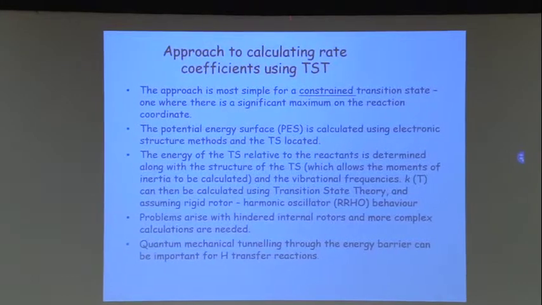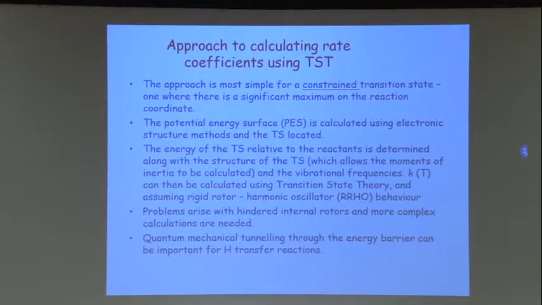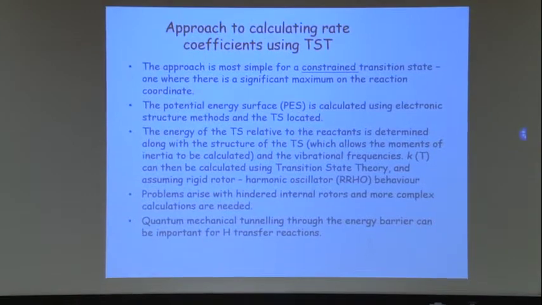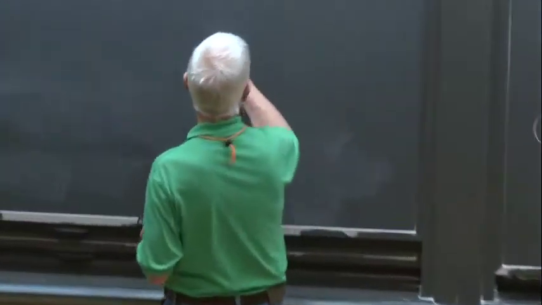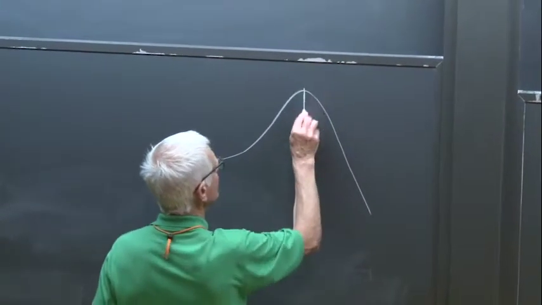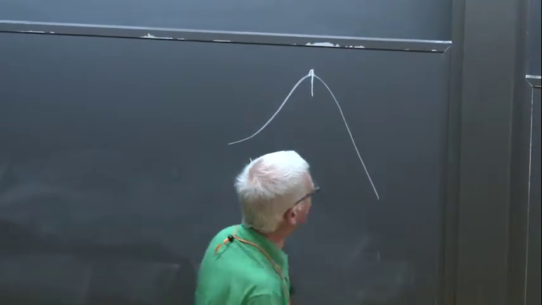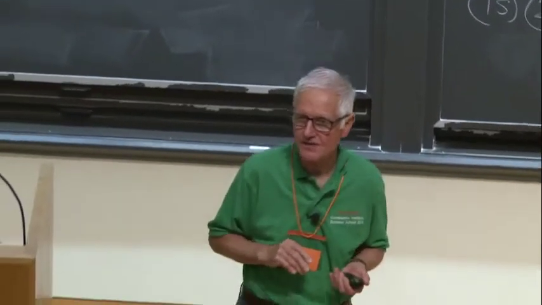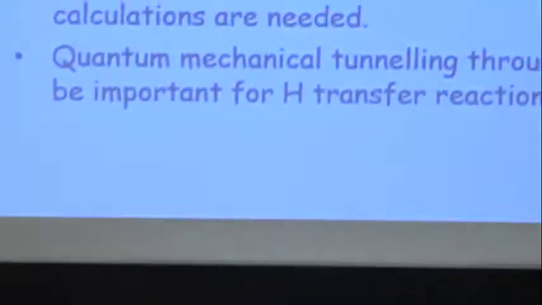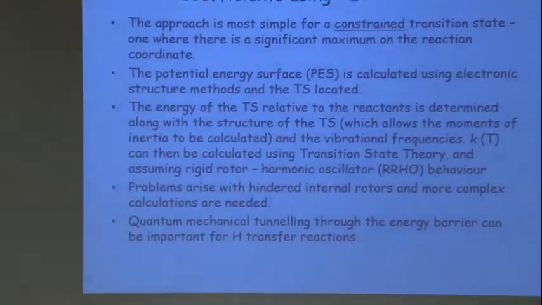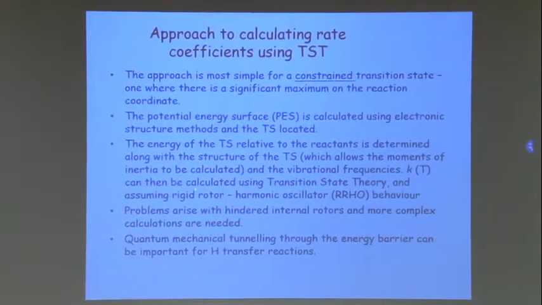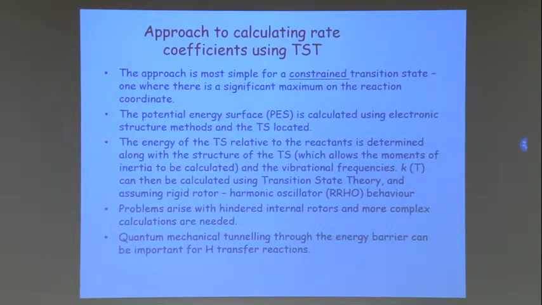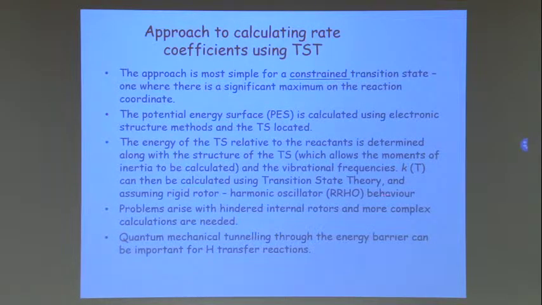Approach to calculating rate coefficients using TST. The approach is most simple for a constrained transition state, and that's one where there's a significant maximum, and we can say with some confidence that that's where the transition state is. And so you then calculate the potential energy surface using electronic structure methods. You determine the energy, the vibrational frequencies, and we generally, or in the past certainly, have used something called the